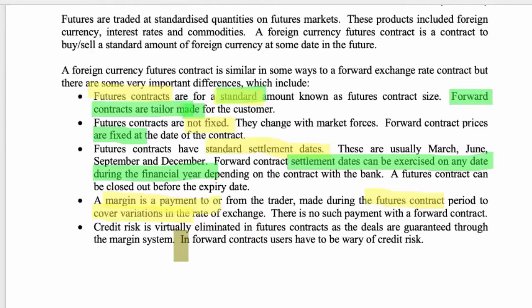If it gets to a certain point where the seller is losing more and I'm gaining more, and just say there's a cutoff of say $800, the clearinghouse will contact the seller and ask the seller to top up their account with a variation margin or an additional margin and bring it back up to 2,200. So if the cutoff was $800, they would ask them to top up by another $1,400 to bring it back up to 2,200. And if they can't do that, they'll force them to close out the contract.